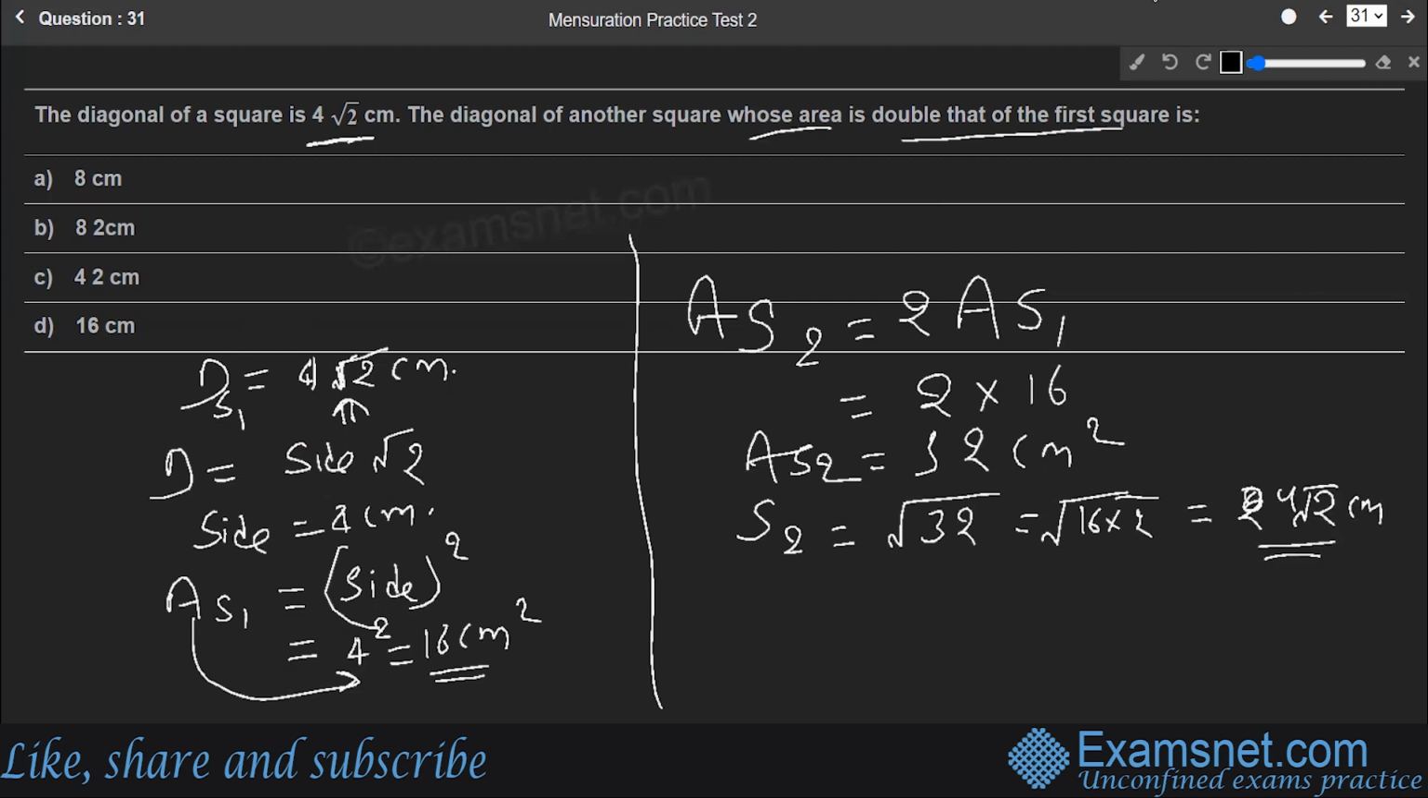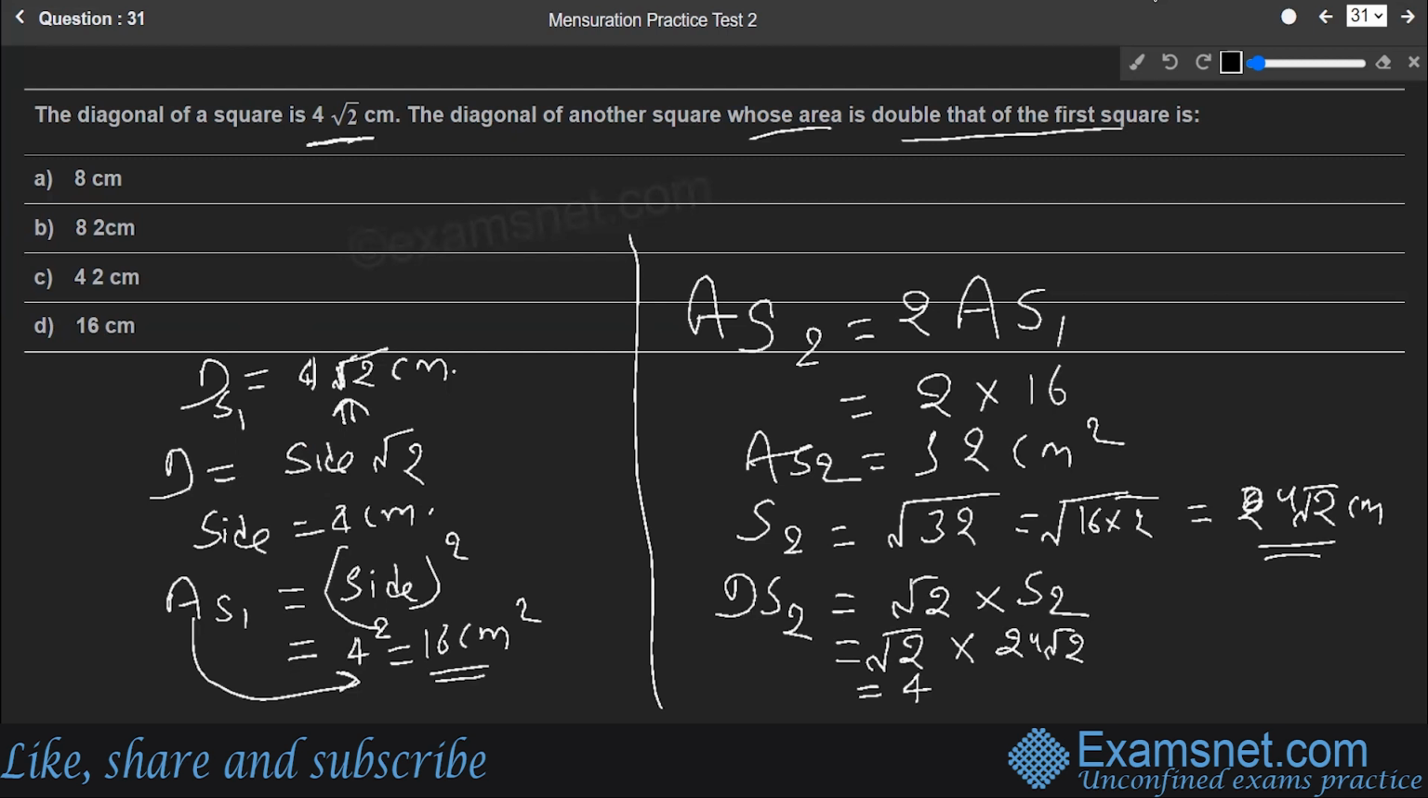So that is the side of the second square. Now he wants us to calculate the diagonal of the second square, which can be found as root 2 into the side of the second square. So let us multiply the side of the second square by root 2. So it's going to be root 2 into 24 root 2, which is nothing but